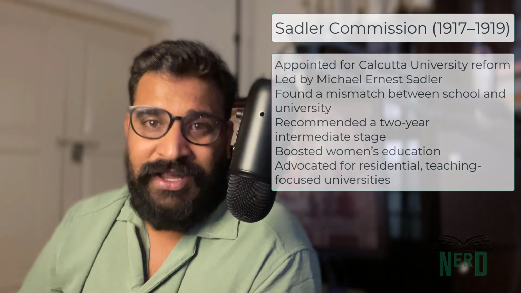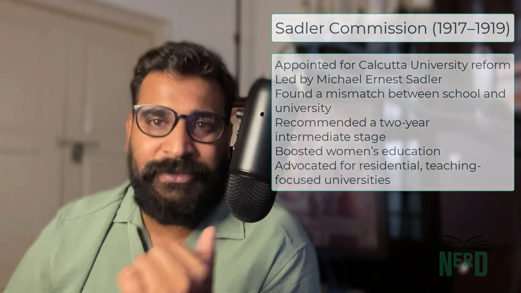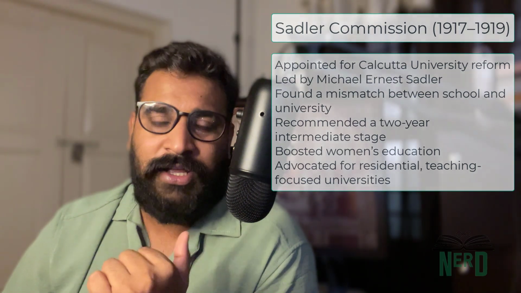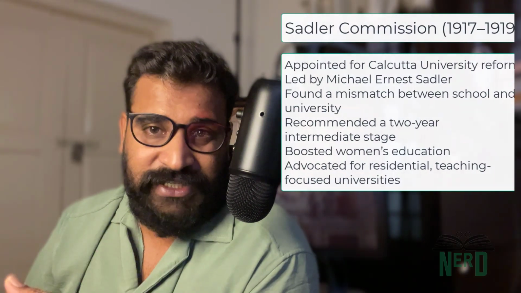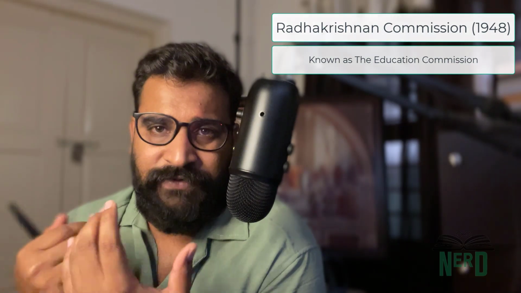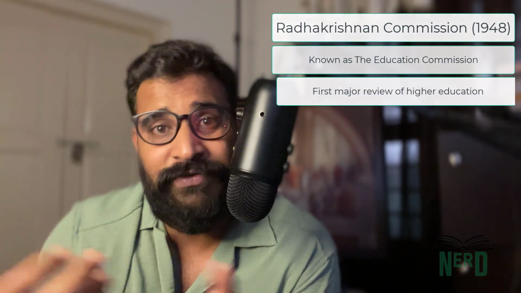So what he did, he recommended a 2 years intermediate stage, boosted women's education, advocated for residential teaching, focused university. Very important one is Radhakrishnan Commission, 1948, because twice or maybe three times they have asked in your exam, right? So it is actually post-independent shift, also known the Education Commission, and first major kind of review of higher education,